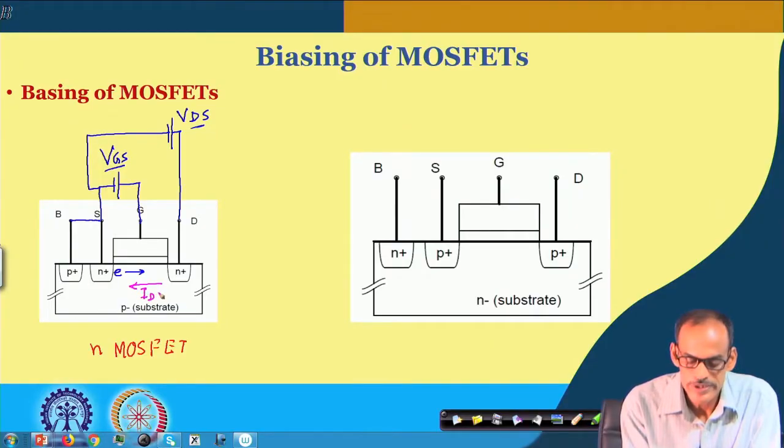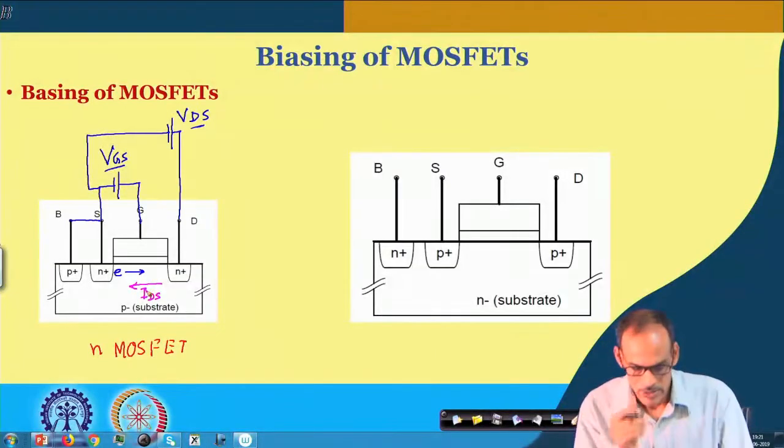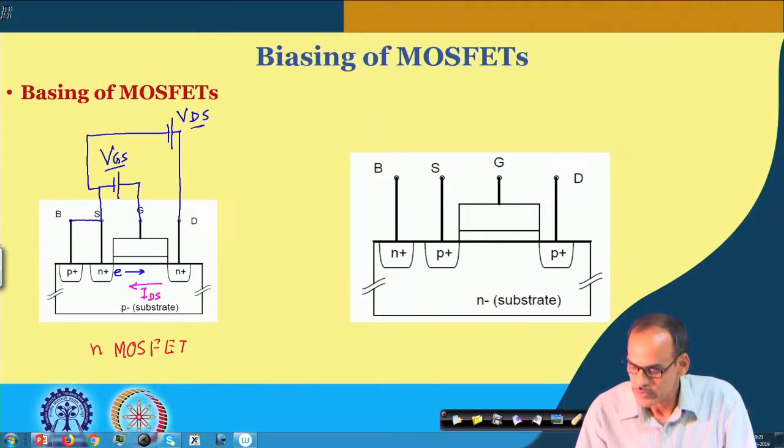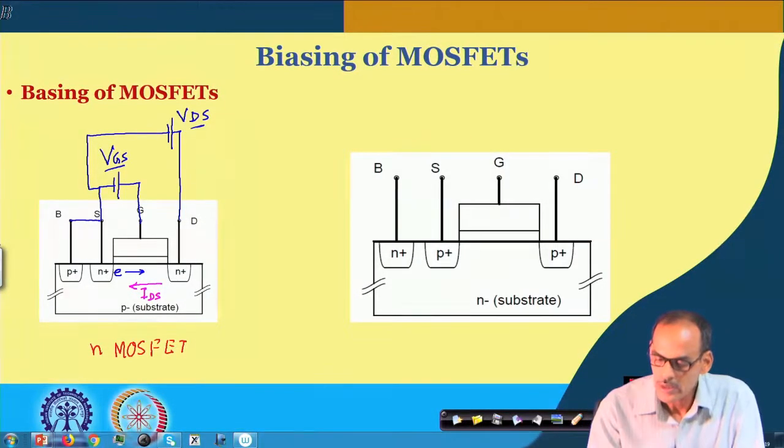Now, this we have already discussed in the previous part. Now, let us see how we bias the PMOS transistor on the other hand. Here at the gate we prefer to apply some voltage, so that the channel gets created, and we want to convert this channel from N type to P type. So, definitely we need to apply a negative potential with respect to the source as well as the body, and because of the polarity being the other way, we may call this VSG,